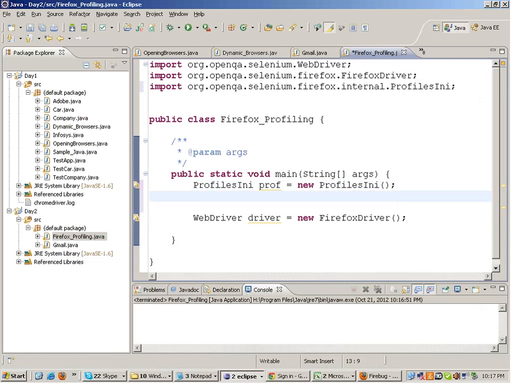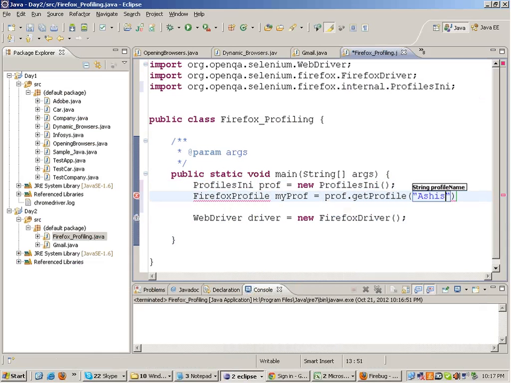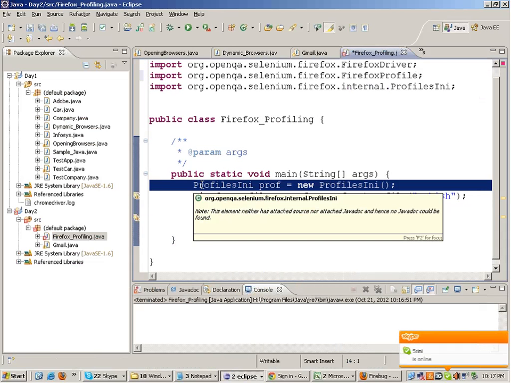Okay, and then you write over here Firefox profile PROF equals to, my profile equals to PROF dot get profile called Ashish. Now, practically, this profiles ini class denotes all the profiles which are created on your machine.